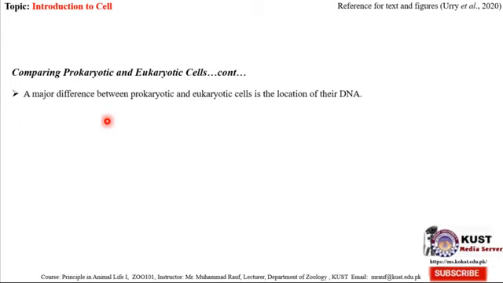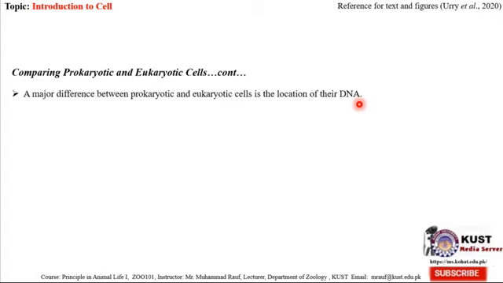The major difference between prokaryotic and eukaryotic cells is the location of their DNA. Now, prokaryotic cells lack membrane-bounded organelles and they lack a well-defined nucleus, although they have a genetic material like their eukaryotic counterparts. But in eukaryotes, there is a well-defined nucleus which is usually present in the center or near the center of the cell in animals, but is pushed towards one side in plants because plants have a large central